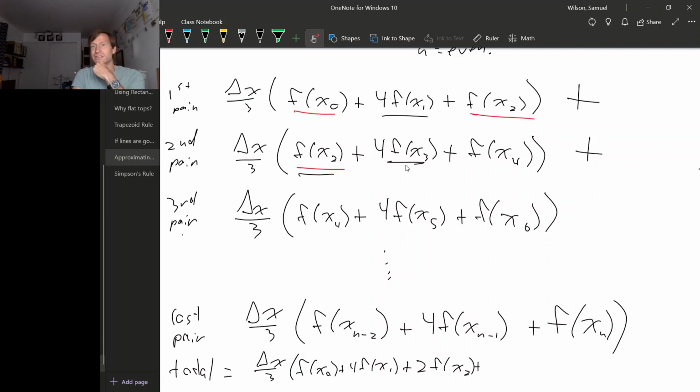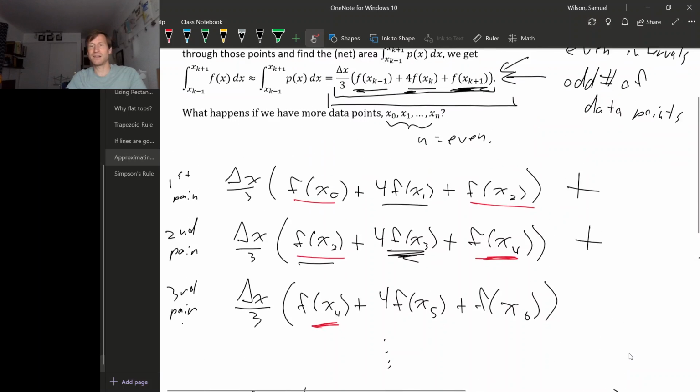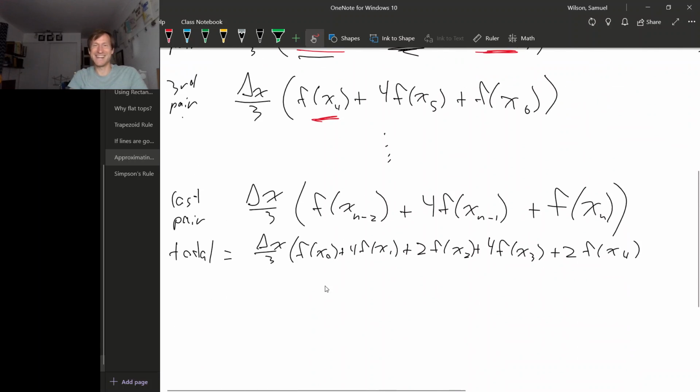The next one is x sub 3, and that's a middle point, so it gets a 4. 4 times f of x sub 3, plus the next one is x sub 4, but again, it shows up twice. So 2 times f of x sub 4. This is getting a little tedious. I hope you get the idea. Next one is a midpoint, so it gets plus 4 times f of x sub 5, plus